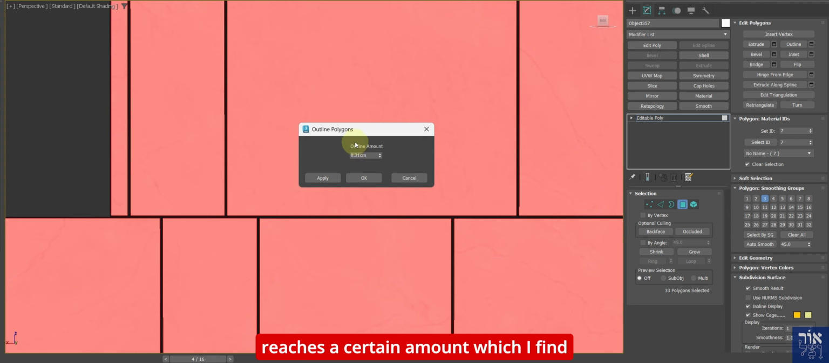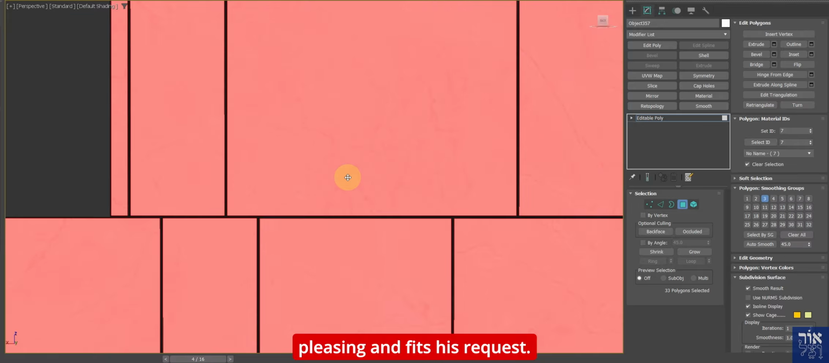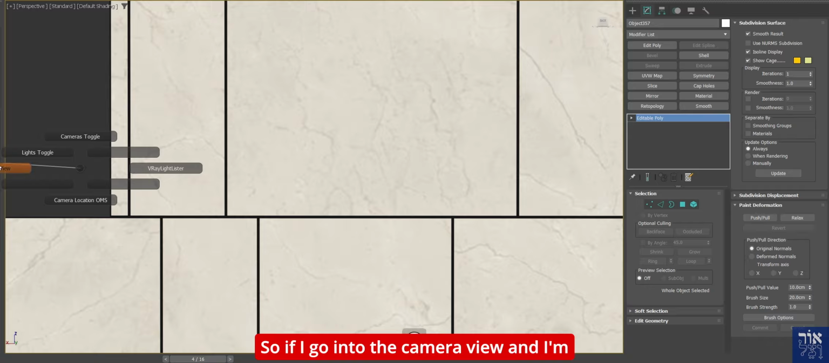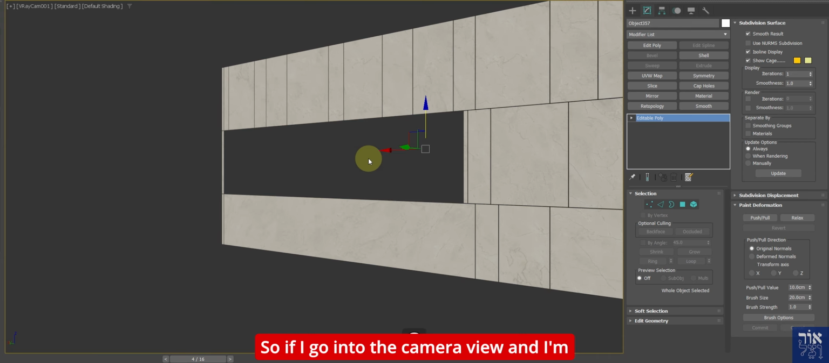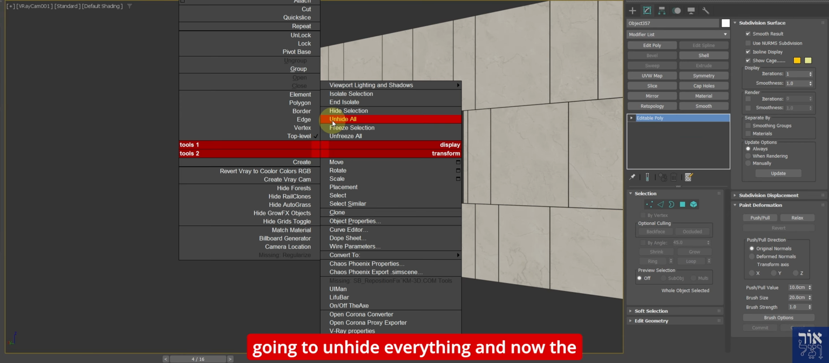certain amount which I find pleasing and fits his request. So if I go into the camera view, and I'm going to unhide everything,